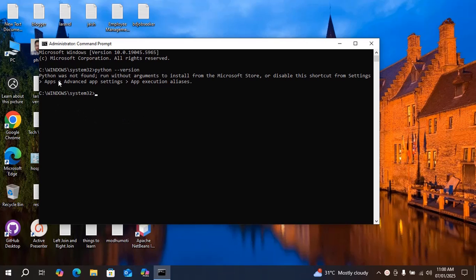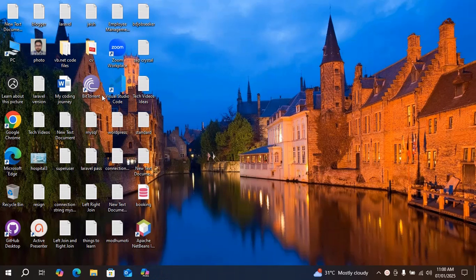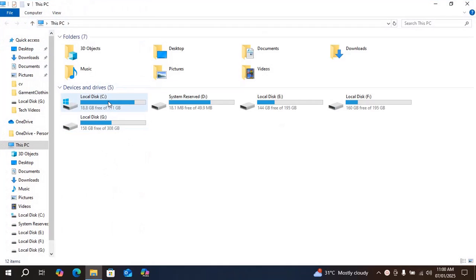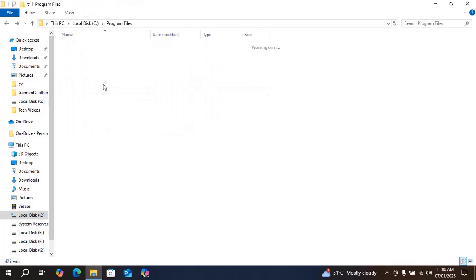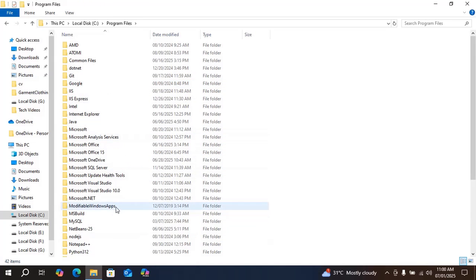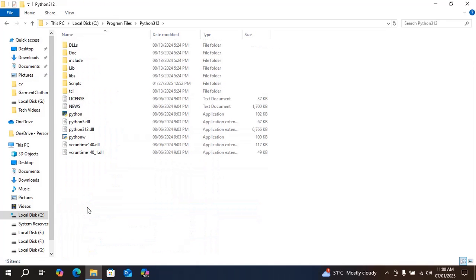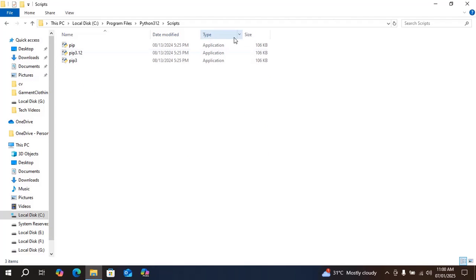How to fix Python was not found. So just go to your PC and then C drive, program files, then look for Python, go to scripts, copy the address,